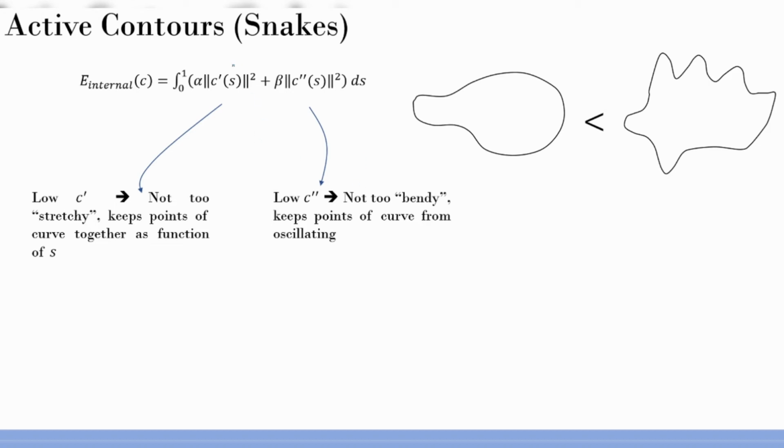Always remember that we are working in a discrete system in images, and xy coordinates represent this S. So this S is basically an xy coordinate, and C of S is that location, right? You have these two locations, each with an xy coordinate. The first order is the distance between them, and the second order is again taking the derivative of that. I hope it's clear, and that's it on the internal energy aspect. Internal energy keeps the shape of the contour.